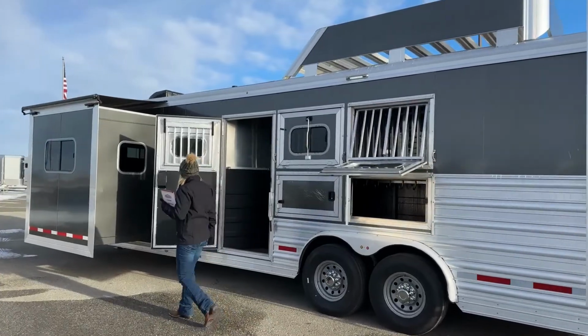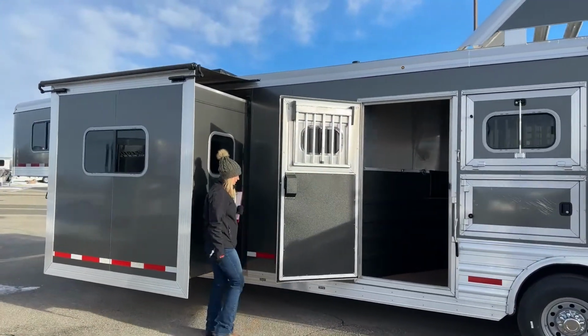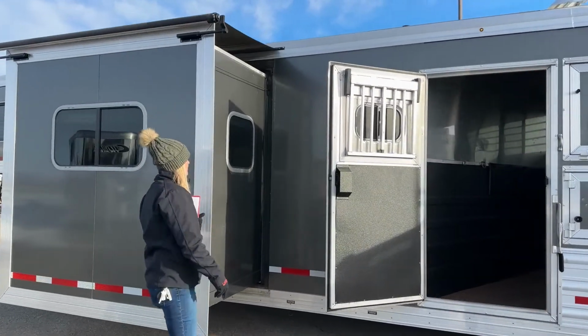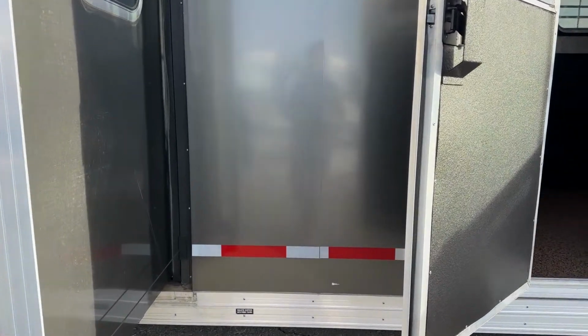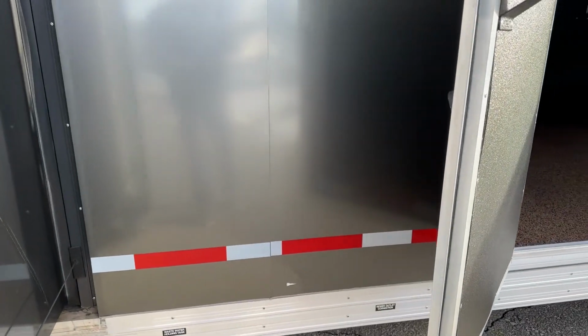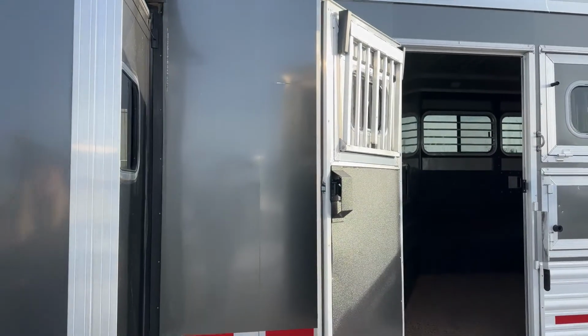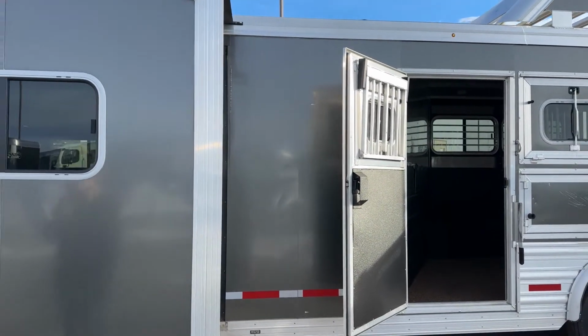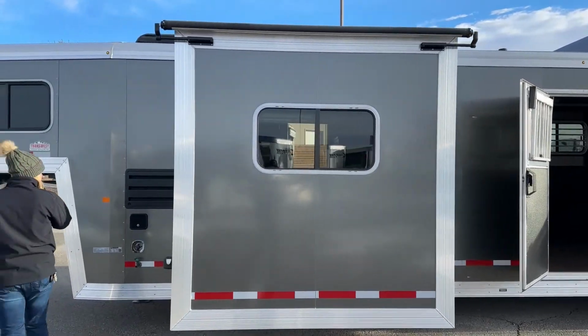On this front here, you'll see another little ding up in this corner and down below. Like I said, these aren't huge things, but when we go through and decide our list of things to do, the important things that we want to make sure are good on this trailer is your running gear underneath, the safety of the horse area. Some of the cosmetic dings on these trailers we just don't address. As you work your way around here,